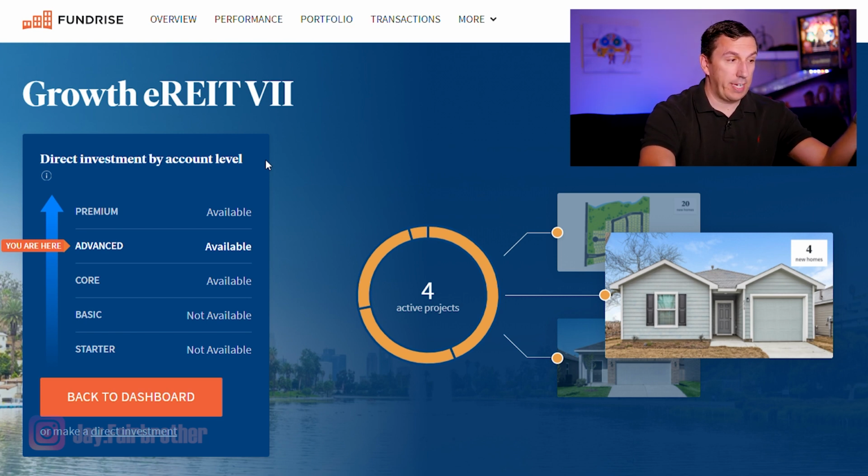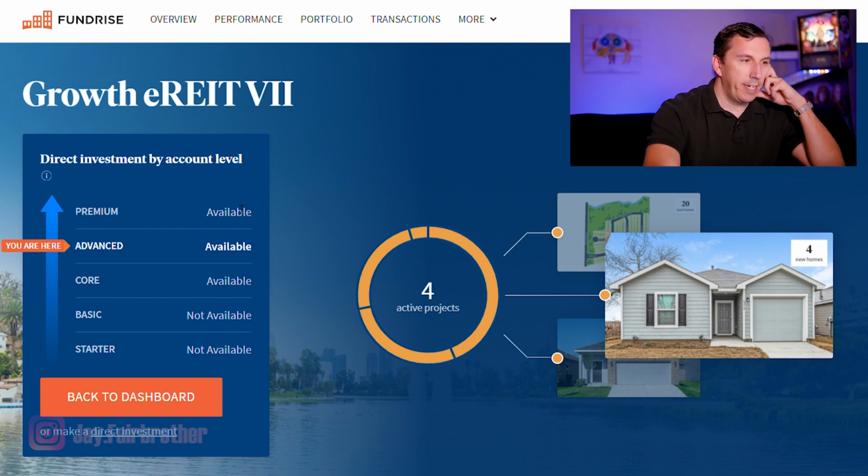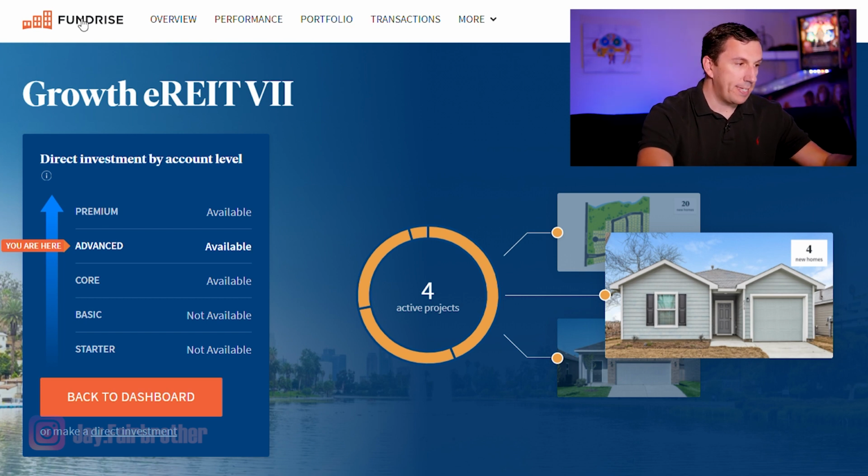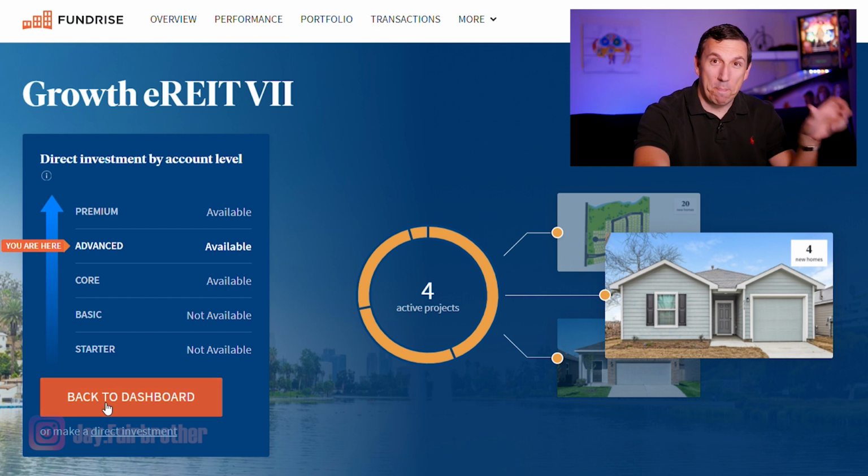Actually here, it looks like core or above will work for this particular one. And here, where it gives you all the details on this growth eREIT 7, you can see it lists direct investment by account level, available, not available. And then down here under the big back to dashboard screen is make a direct investment. So if I click on that,